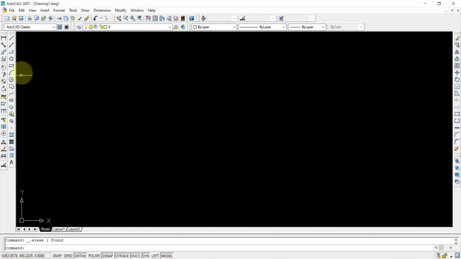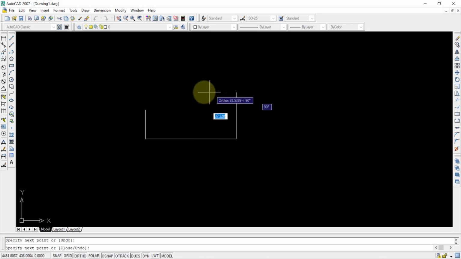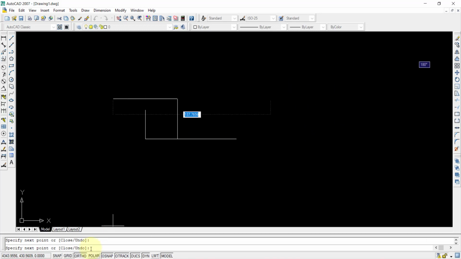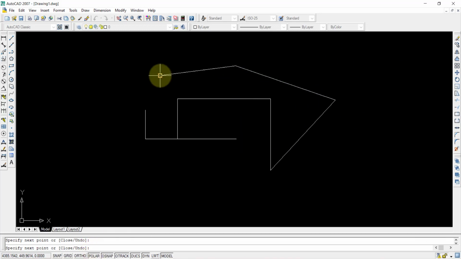So basically we are selecting one command and it is asking us questions, and whatever it is asking, we give the information, then automatically the line will be executed. I am getting all straight lines here. If you don't want straight lines, I'll go for polar and the rest will be done. Whenever you are typing or entering a command, if the information is not shown on the screen, such as here you can see specify next point is 6 degrees 64 point something, it means dynamic input is off.